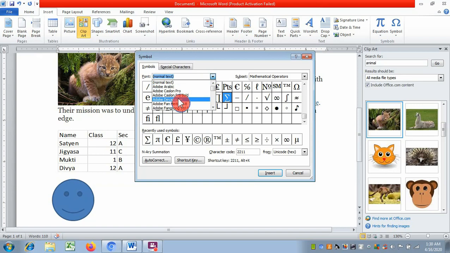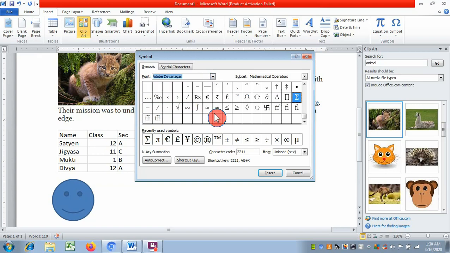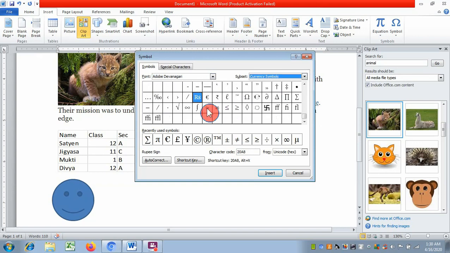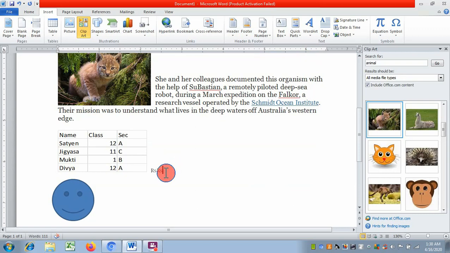There are different fonts: Devanagari font, mathematical operator, Devanagari, like this. These are just the Devanagari script. Similarly, currency symbol. You can see the rupee symbol. Double click or simply select and insert, and this is how you can insert the symbols. I had clicked two times, so two times it has been inserted.